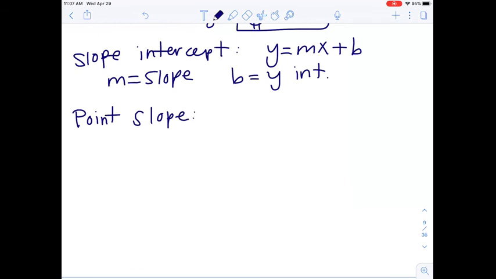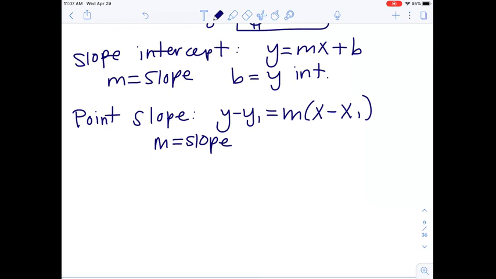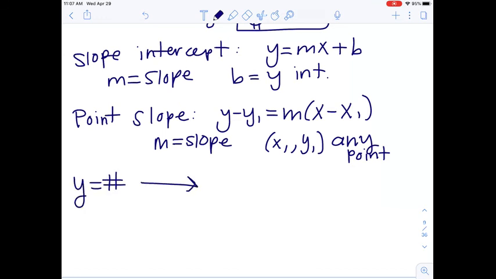Point-slope form is y minus y1 equals m times x minus x1. So m is your slope, and then x1, y1 is any point. And then y equals a number is going to be a horizontal line,